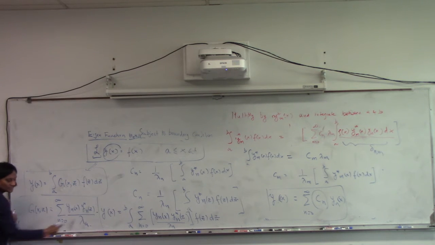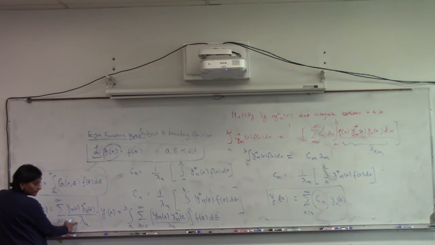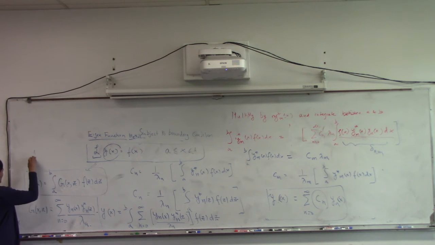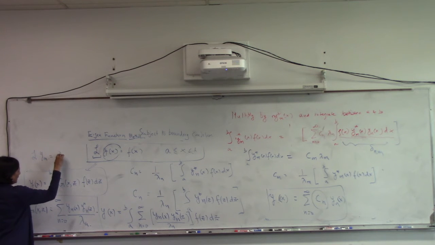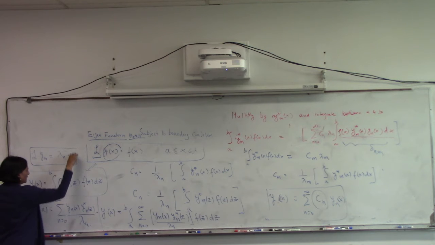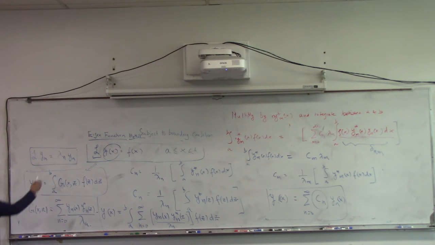What are these quantities? Eigenfunctions and eigenvalues, right? So, where do they come from? They come from solving this particular equation, lambda n y n, or generally lambda n